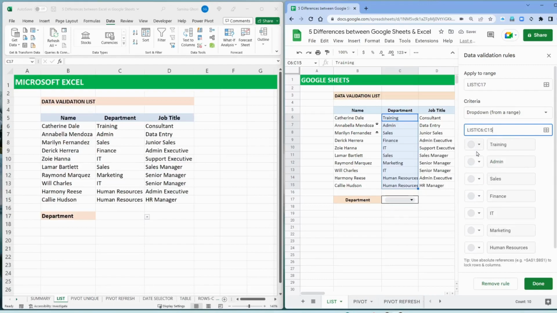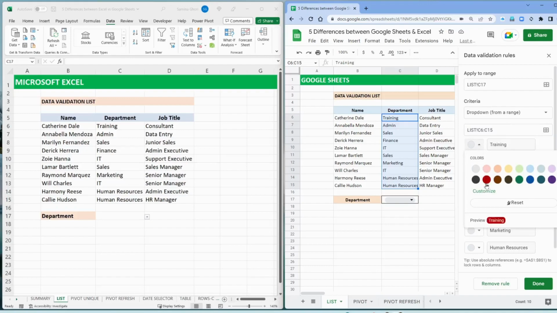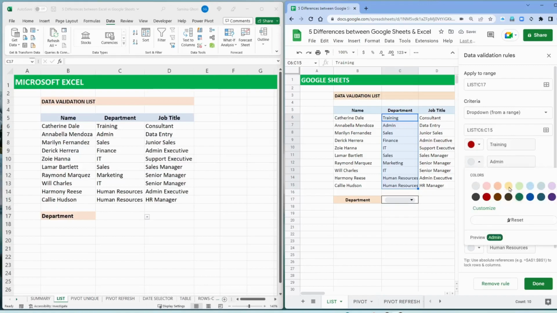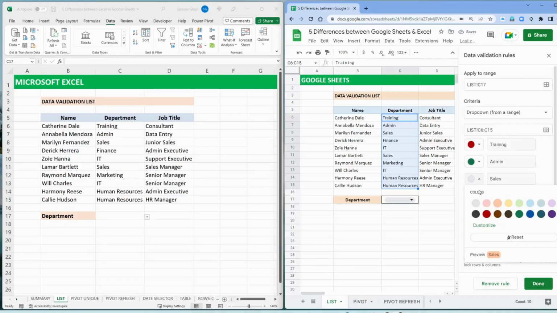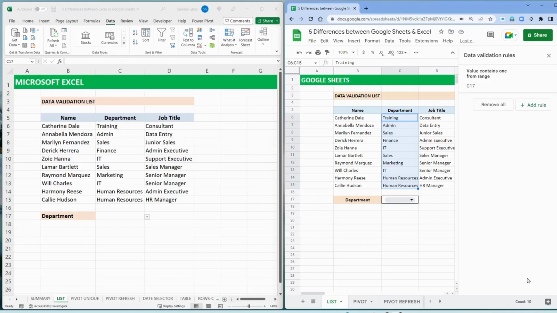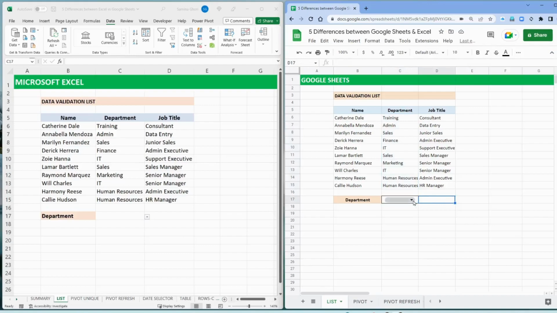Now, the brilliant thing here with Google Sheets is that you can directly do the conditional formatting from here. So perhaps you want to have training in green, admin in blue, and let's do green for sales. This is something that can be done directly in data validation in Google Sheets. Now, if we just close this over and have a look at the drop down list, it even gives you a grey highlight here. You can just type it in, and not only is the data validation looking prettier,